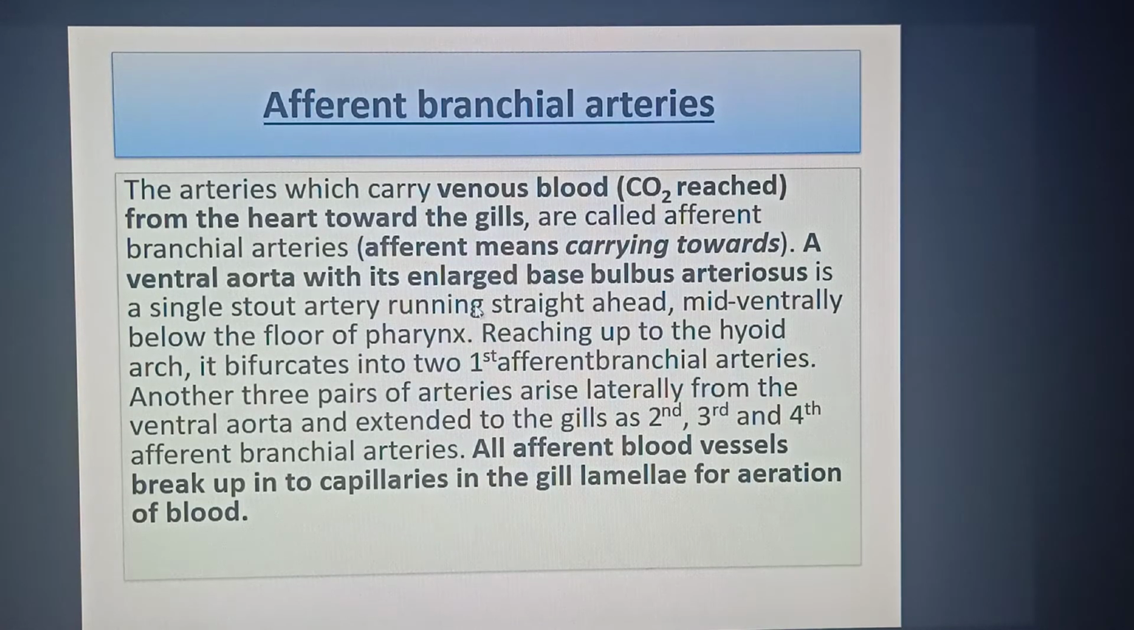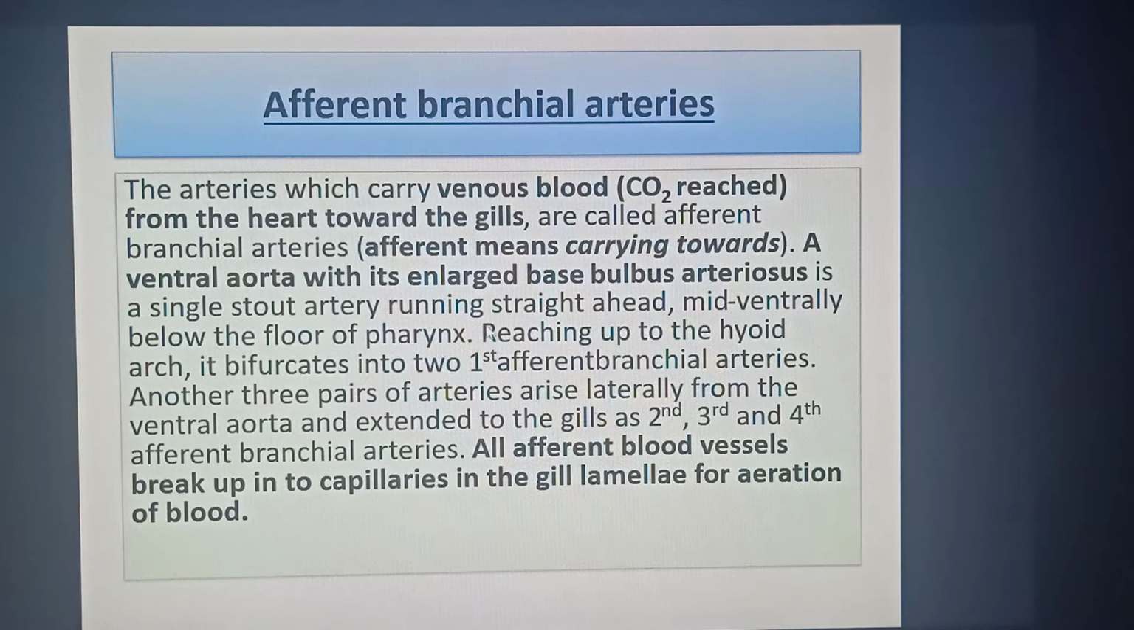The arteries which carry venous blood, meaning deoxygenated, carbon dioxide enriched blood, from the heart towards the gills are called afferent bronchial arteries. Here, the word afferent means carrying towards, and it refers to carrying towards the gills. A ventral aorta with its enlarged base, namely bulbus arteriosus, is a single stout artery that runs straight